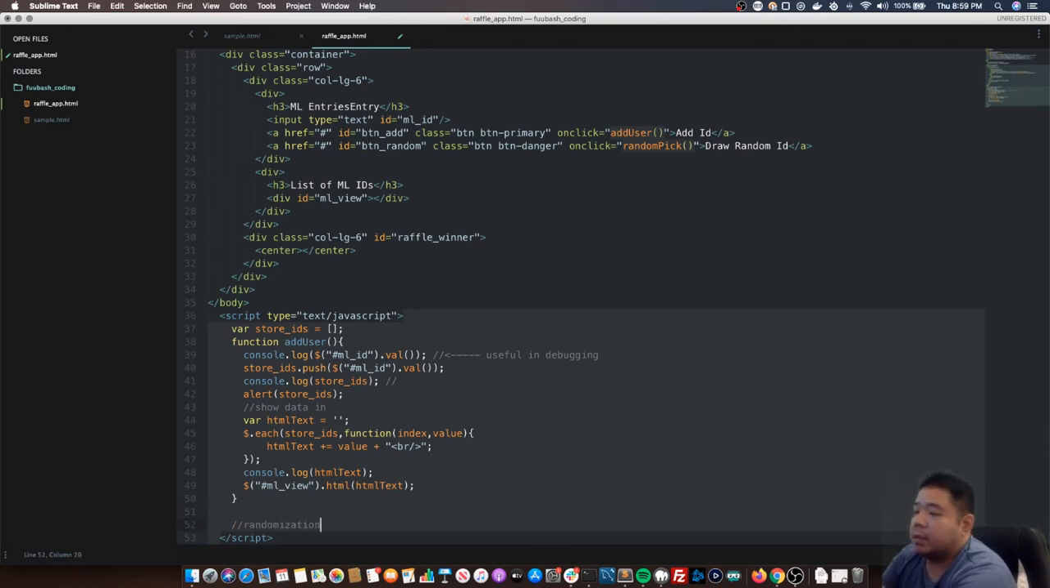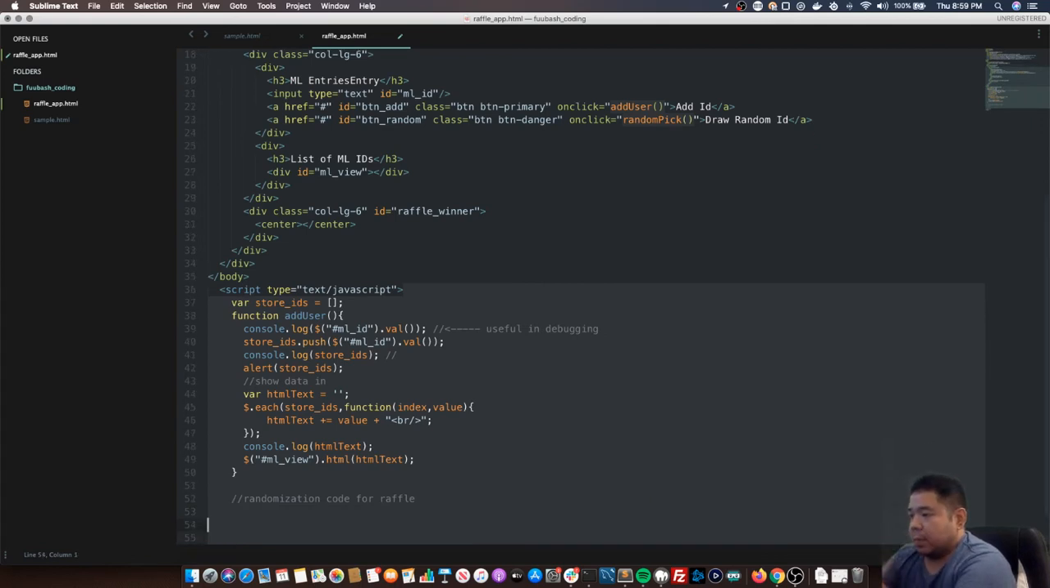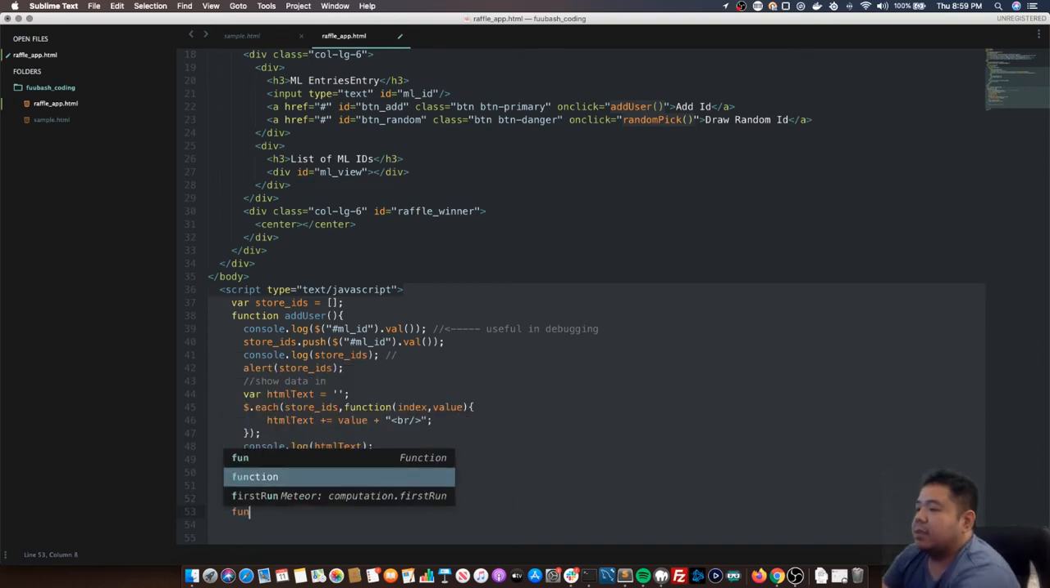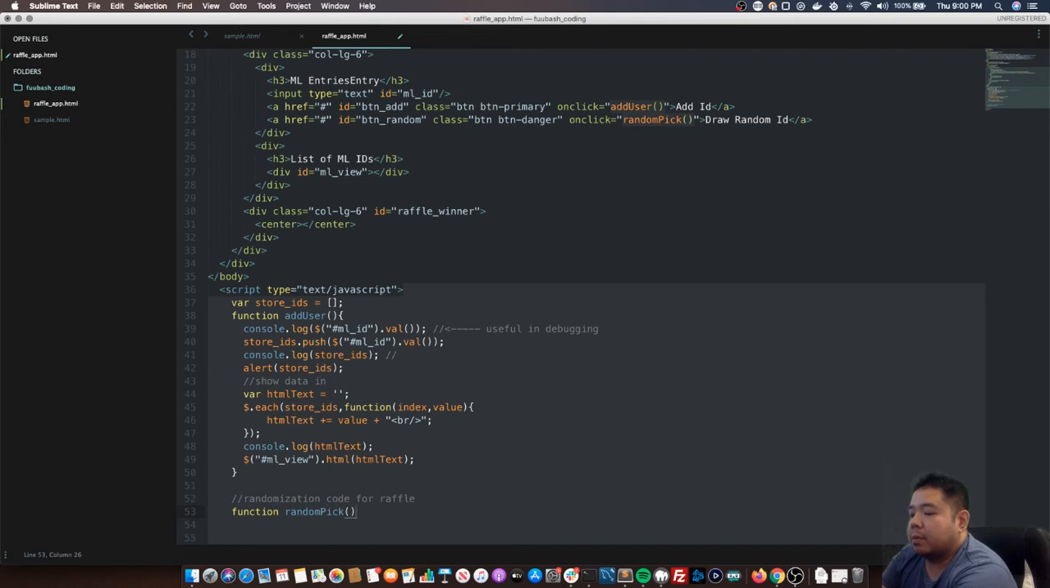Randomization for raffle. Okay. So, ito siya, guys. This is very easy, no? Very easy kung matagal ka nang nagpo-program. Pero if baguhan ka, okay lang. No? Gagawin natin is,